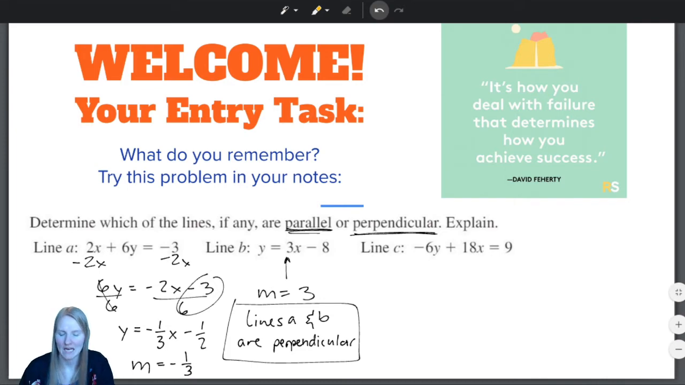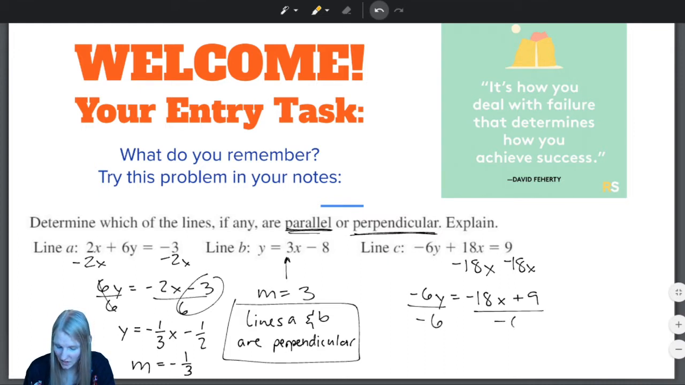All right, line C, we're going to solve for y, which means we need to subtract 18x from both sides. So negative 6y equals negative 18x plus 9. Divide by negative 6 on both sides, and we have negative 18 divided by negative 6 is 3x